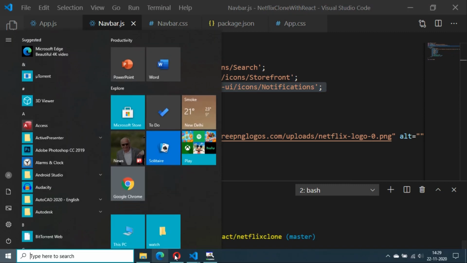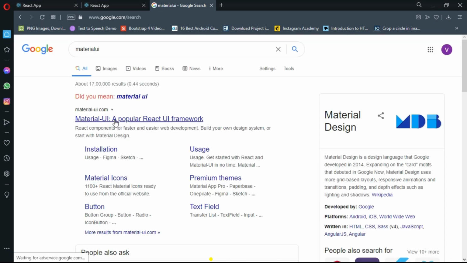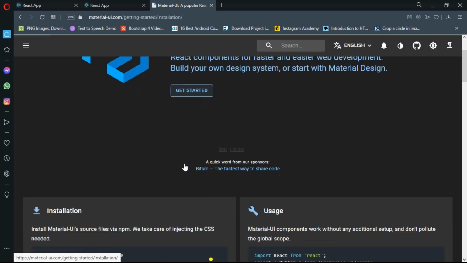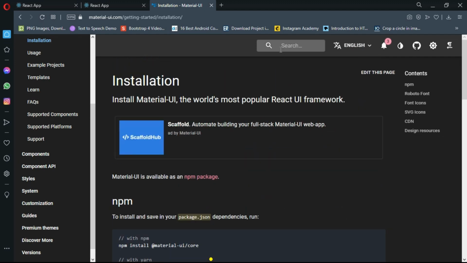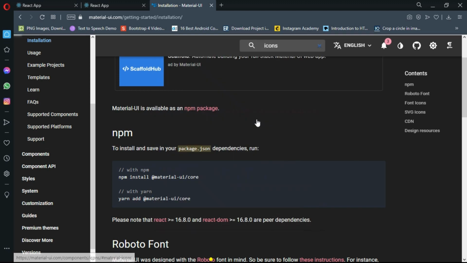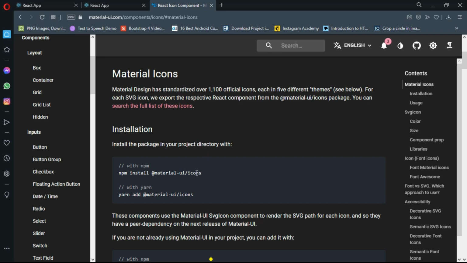I'll try to show you which site we have used for using these material UI icons. So simply go to material UI and click on the first link here, which is a popular UI React framework, and go on to get started and simply search. Okay, look, we installed our material UI core with the help of this line of code with npm, not yarn, npm install material UI core, and we're going to search for icons here. So click on the second result, which is material UI icons. We install this too, which is npm install material UI icons. We did it already.